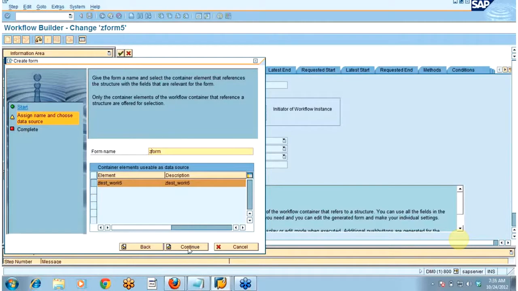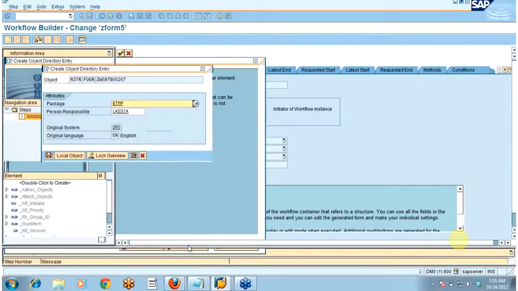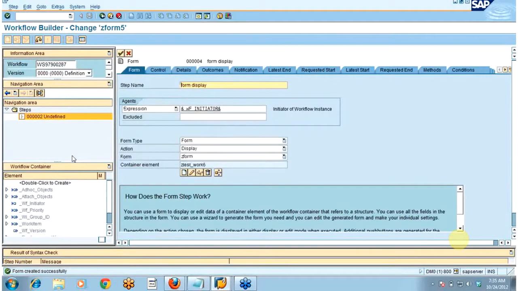Suppose this is the only one which I have created, so I'm just pressing continue, completing the wizard, and saving it as a local object. So in the form, the name of the form appears. In the container element, the gtestwork6 structure appears.